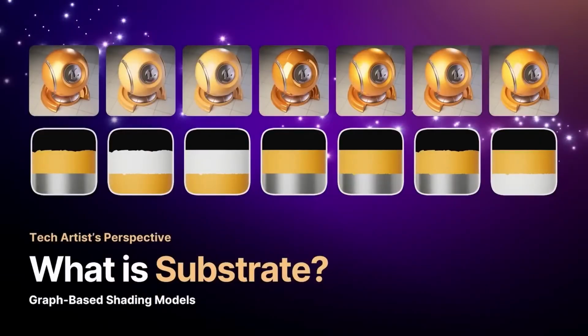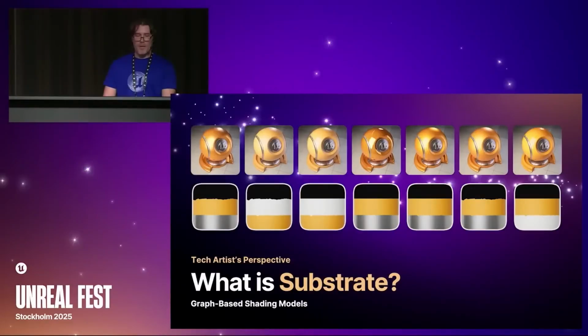With legacy materials in Unreal, only one shading model could be active per pixel. That meant you had to choose. Do you want subsurface scattering, or do you want clear coat? You couldn't combine them freely. This limitation made it difficult to build complex or hybrid materials, especially when the surface needed to exhibit multiple shading behaviors. Substrate replaces that constraint with slabs, which are modular, physically parameterized building blocks that you define directly in the material graph. These slabs are self-contained models of light surface interaction. Essentially, they're shading models in their own right, but with the added benefit that they can be composed using operators